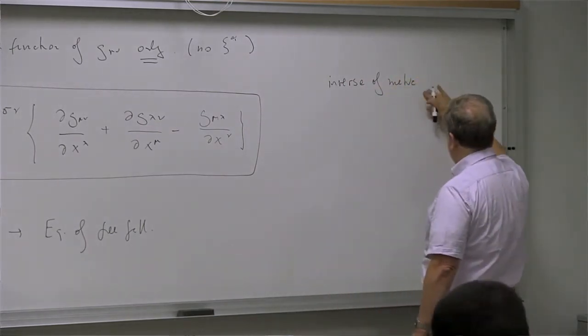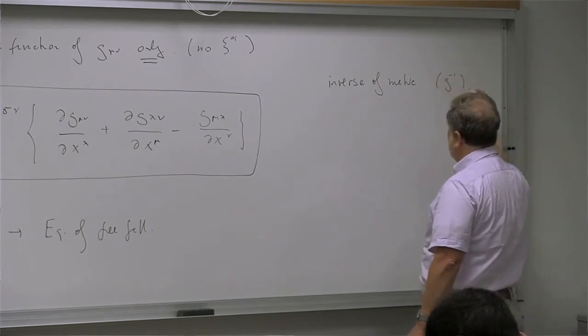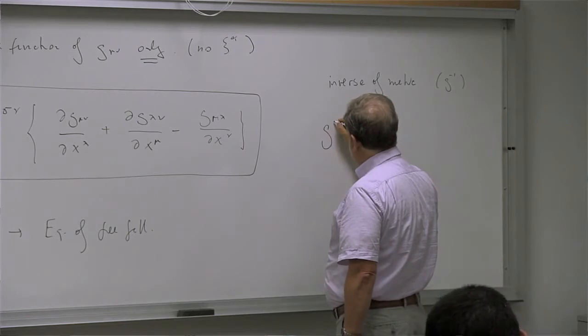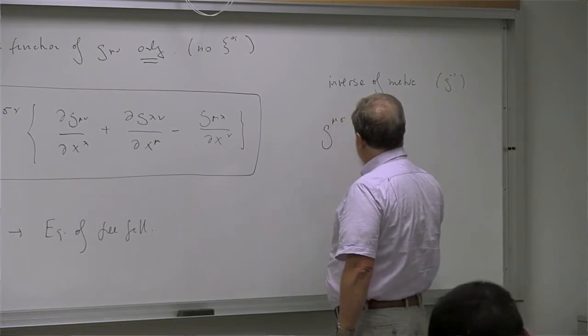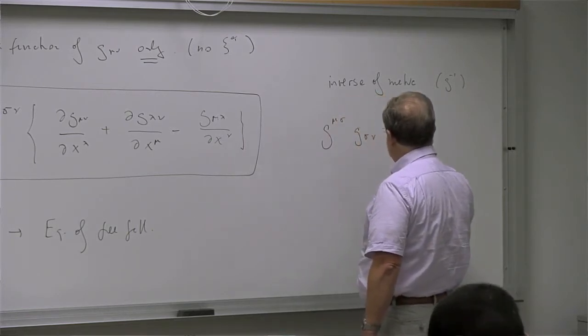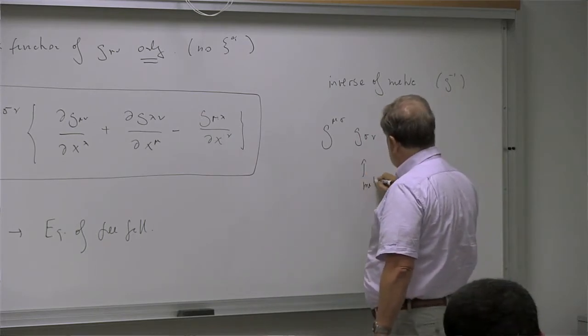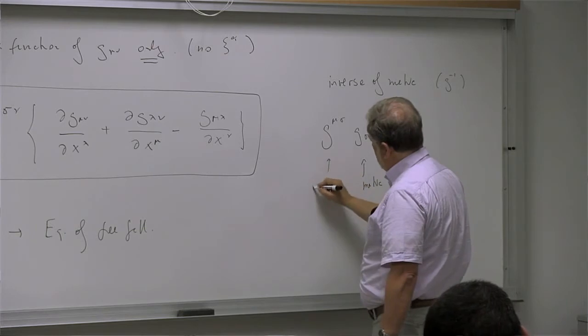Right? So what we would denote as g to the minus 1. In this case, it has the indices upstairs. So we have g^{μσ} g_{σν} is equal to δ^μ_ν. So this is the metric, and this is the inverse